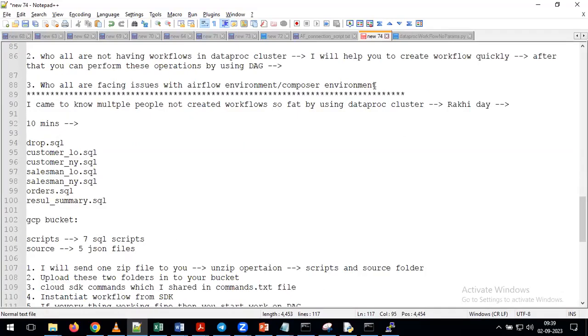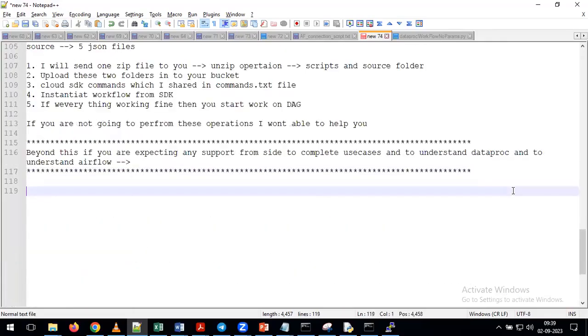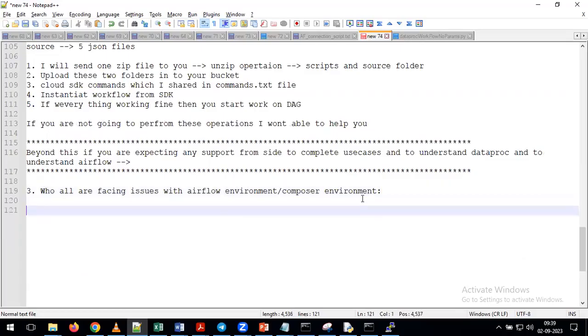Okay. Now we'll discuss the third category people. The third category people are those who are facing issues with the Airflow environment and the Composer environment. For these people, what you have to do here is